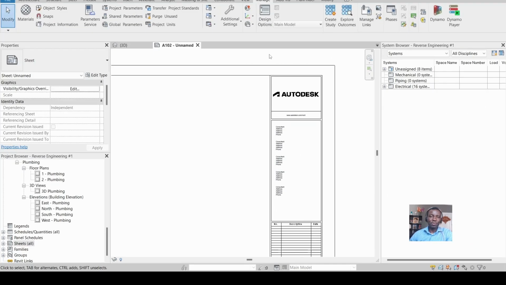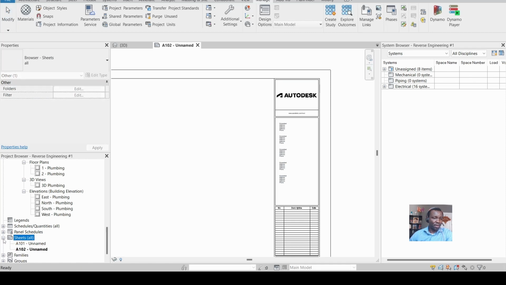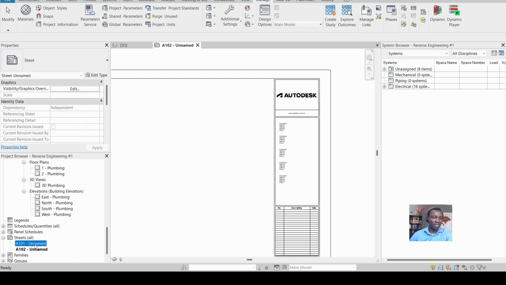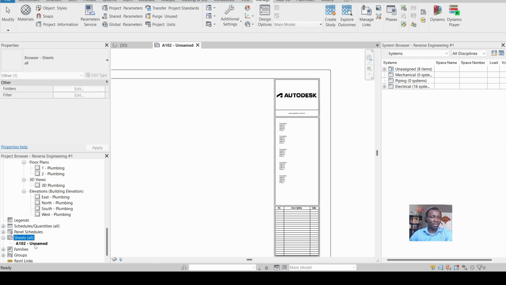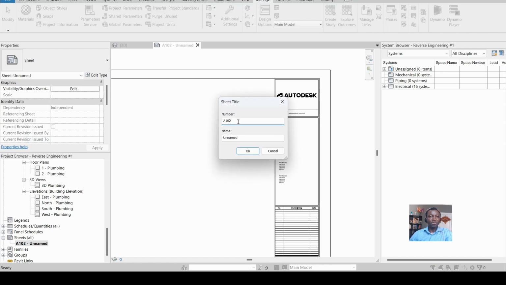Now in order to change this, we go under sheet and name, which is one is selected. I have one already here. This is not the one I'm using. Just go and delete that one. So this one, click right and rename. Instead of A102, we can rename it P-001